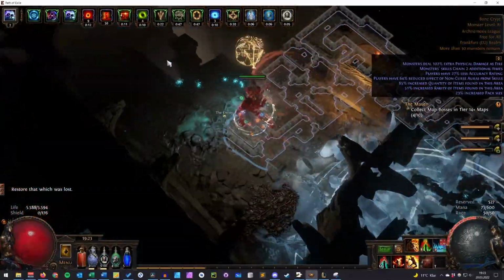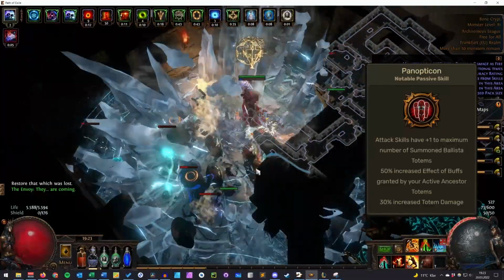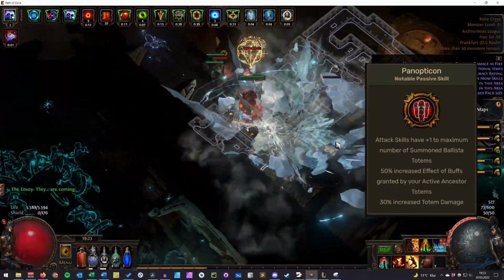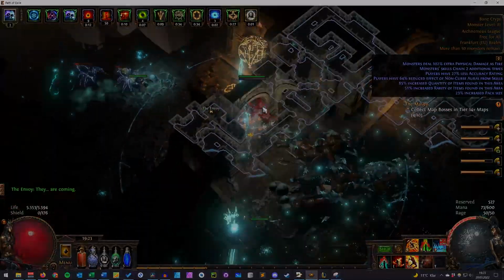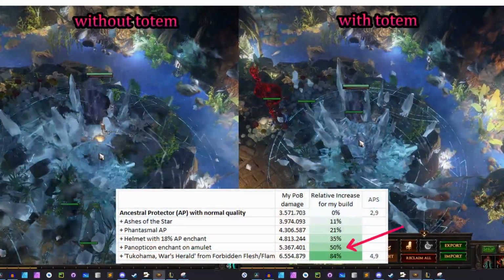The Panopticon passive node in the duelist starting area grants another 50% buff effect for our totem. You can either path to it, but I recommend anointing it for cheap with 1 verdant, 1 indigo and 1 opalescent oil. As you can see in the example, my Ice Crash Juggernaut gets 50% more damage due to the